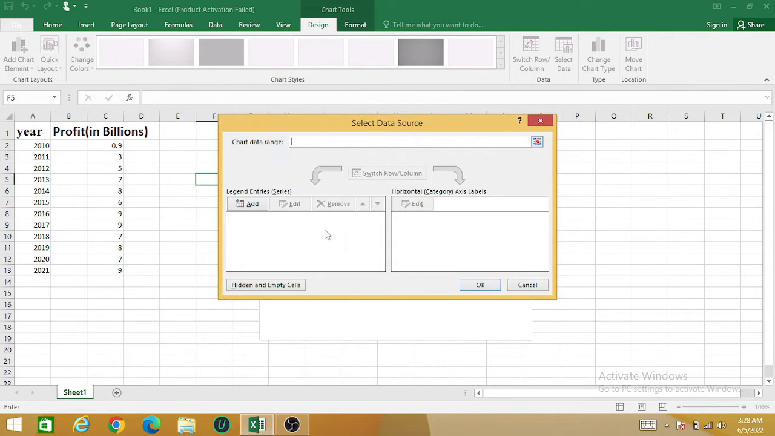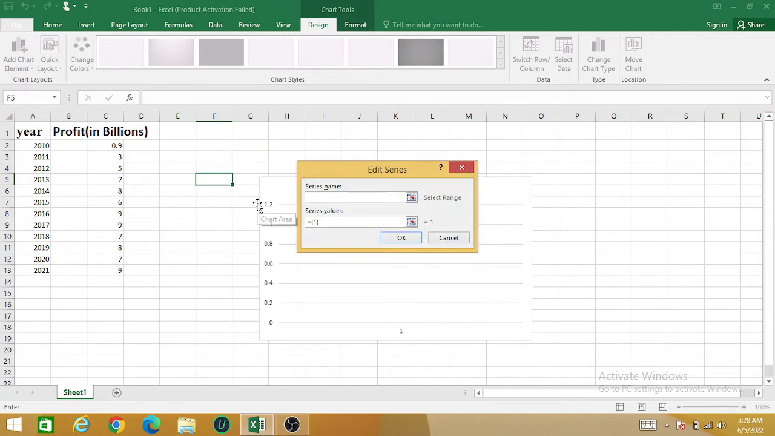In Select Data, on the left side you can see the Add button. Click on this Add button. Now you have to write the series name. Which column name will you put over here? As you are going to draw a graph for the profit in billions, you need to write profit